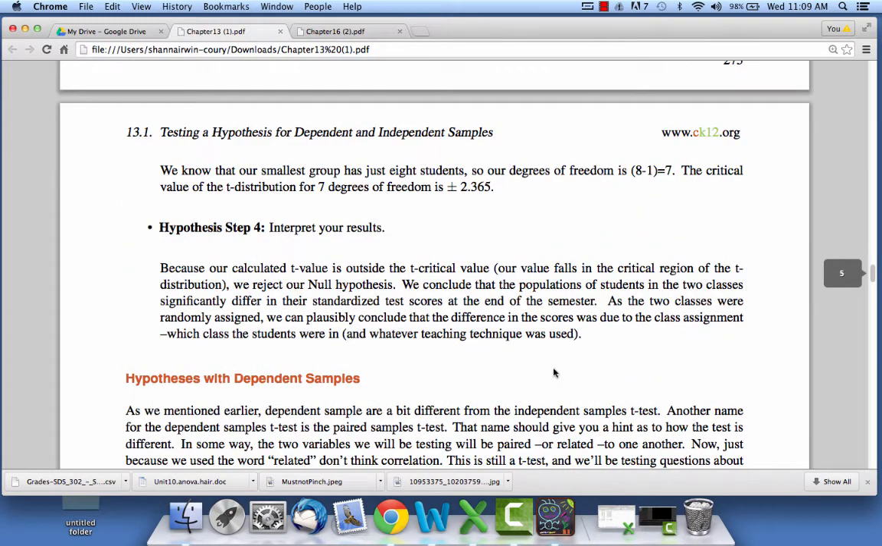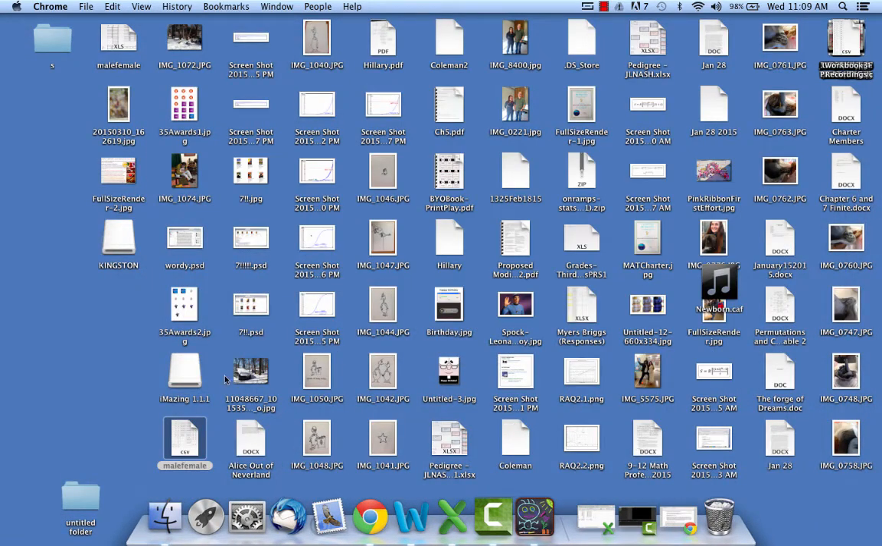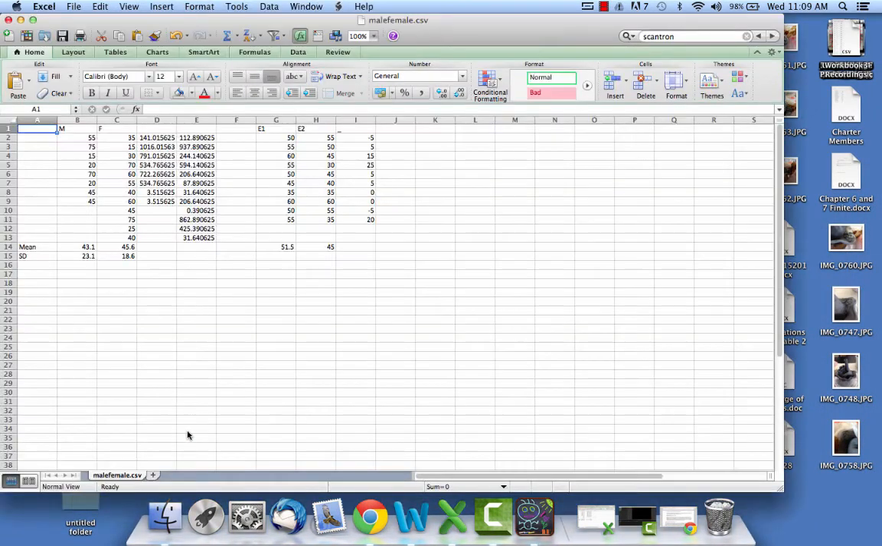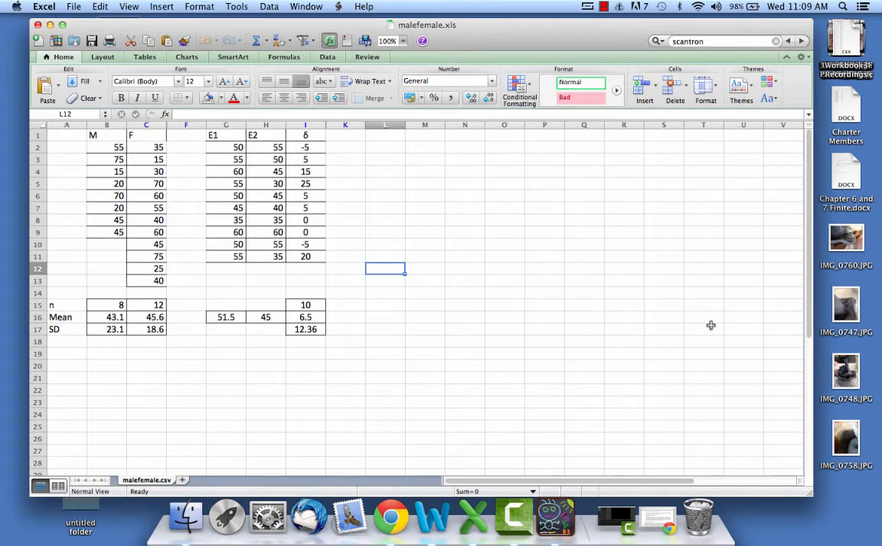Okay, so suppose it's a dependent sample instead. Well, let me pause. I have so many things here. Nope, that's not what I want. I want, there we go. I took all the exam 1 Scantron scores from this